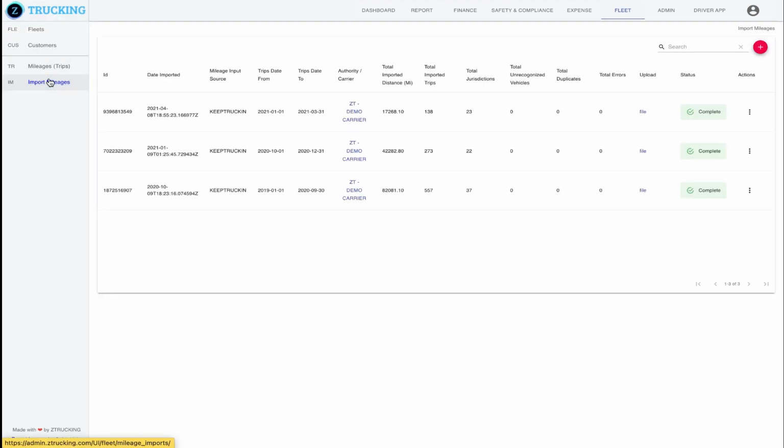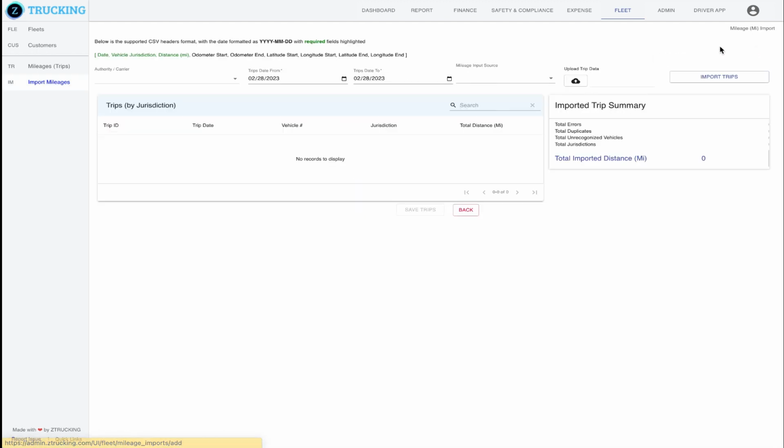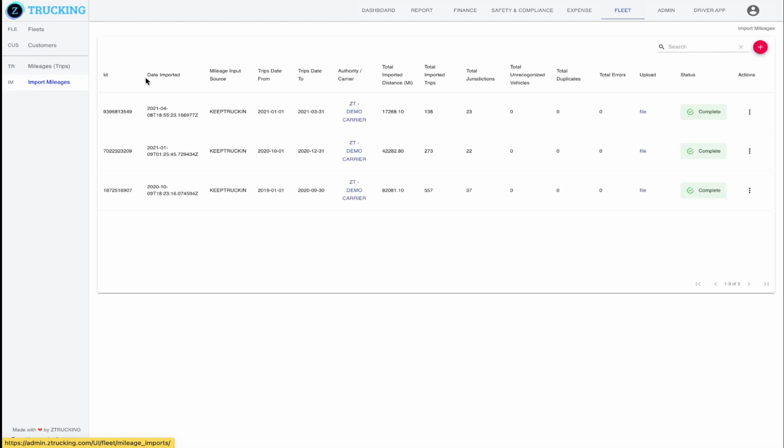Here, you can manually import supported data to our system, which will be used for certain operations such as generating IFTA or scheduling preventive maintenance by distance traveled and so forth. If you're using one of our partnered ELDs, we automatically pull that data, making it even easier to track and